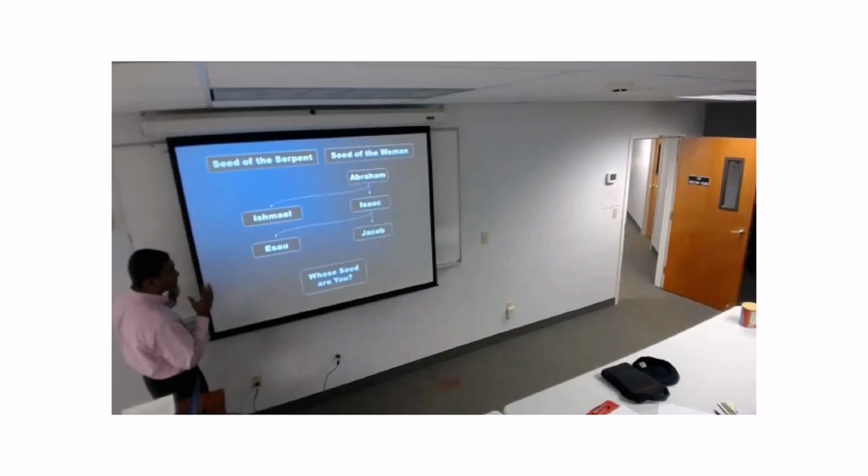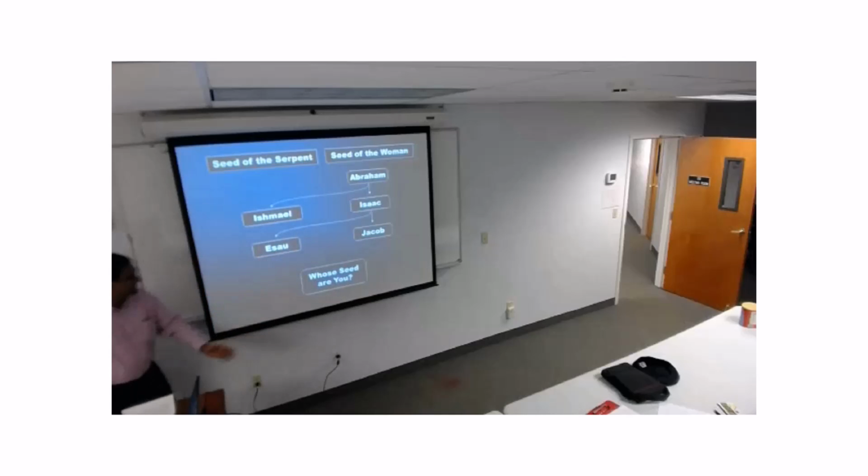We'll see this next week. Ishmael is older in one sense, although not the child of promise. Esau is the older one, but God would place his favor on Jacob. And the question on this slide is, whose seed are you? And I think we are not a descendant of Abraham, at least in this room. None of us are Jewish, but when we talk about how do we find favor with God, it is by God choosing us and drafting us, as it were, into His family. We were all seed of a servant, but by God's grace we now find favor.